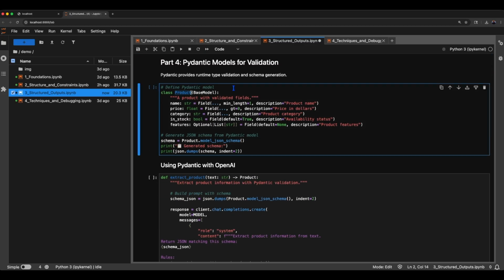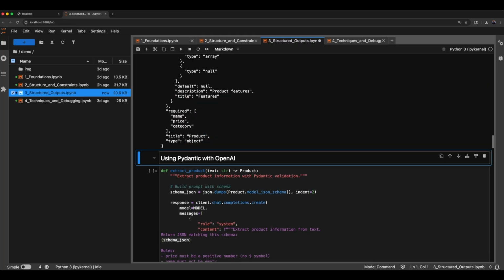Pydantic gives you a schema with types and constraints, like price has to be greater than 0, and name can't be empty. So we've defined a product model, which we can use to generate its JSON schema and pass that into the prompt. So let's go ahead and run this to create the class